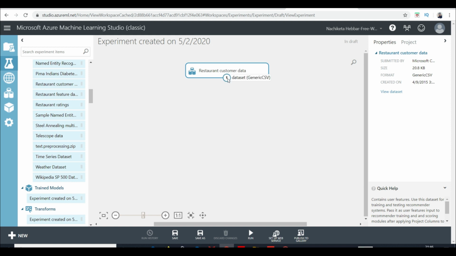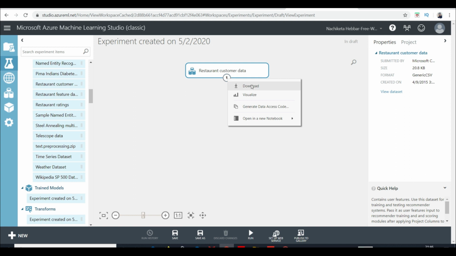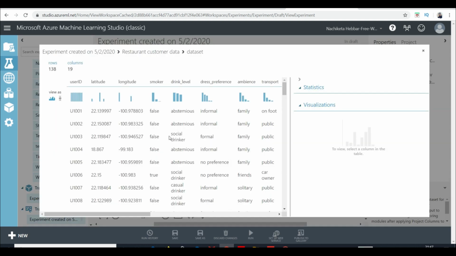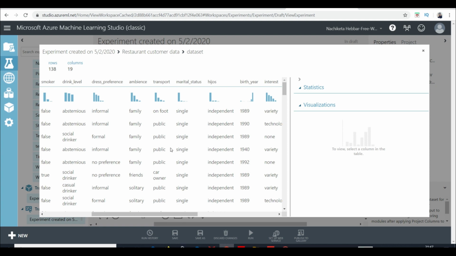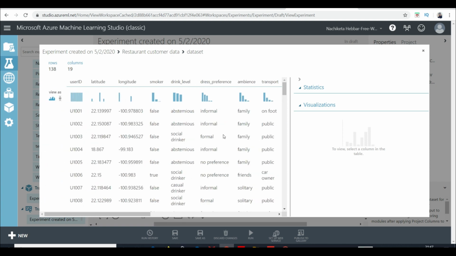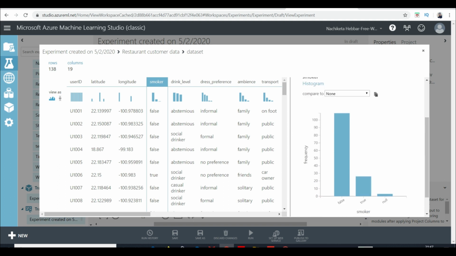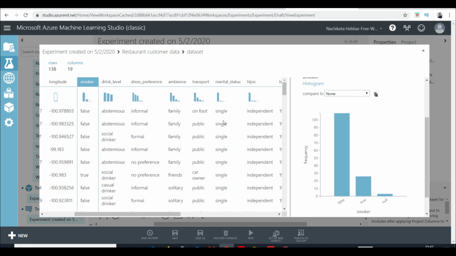So let's start by having a look at the data. You simply click on the icon which displays the number, and it will tell you what you can do with the data. You can download that or you can visualize that, which you want to do, right? And it should take some time to load it. And you'll get a table looking like this. You can see the entire data set, and you can visualize that as well, right? Column by column, right? You can have a histogram, or you can see a box plot as well, like clicking on the view as icons, right? You can toggle that to a box view for whichever it is applicable, right?